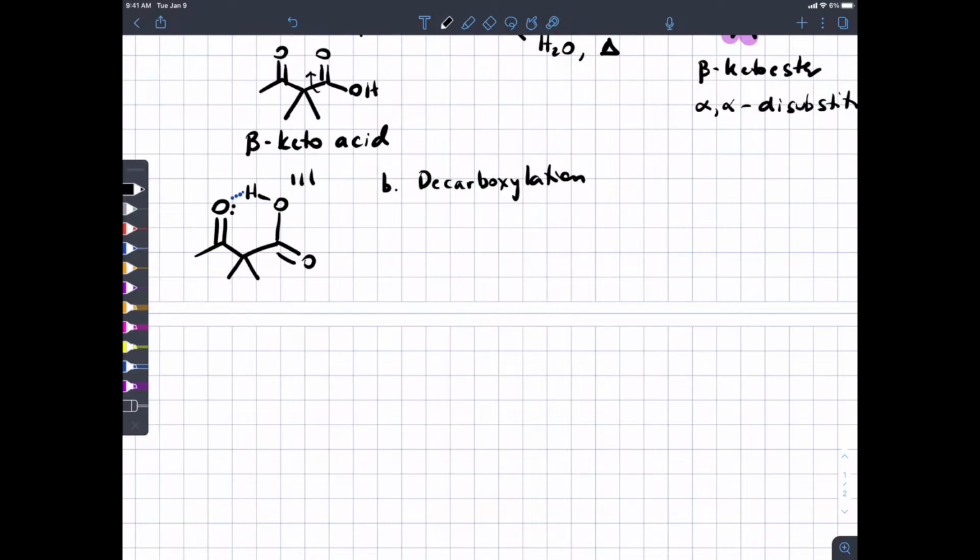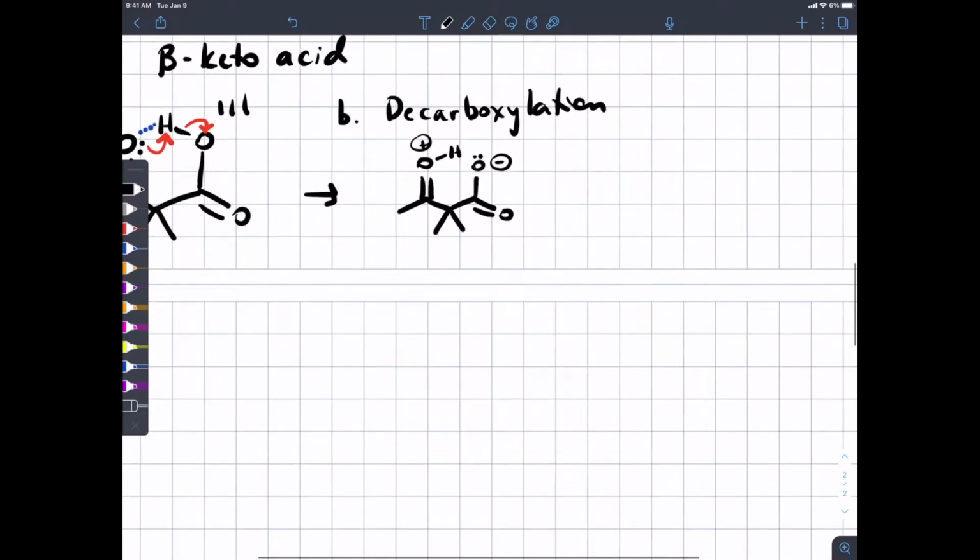Imagine that lone pairs on the oxygen that were previously hydrogen bonding with this proton remove it completely. That would generate an oxonium ion here and a negatively charged oxygen there. Okay? Now, we're going to think of this group